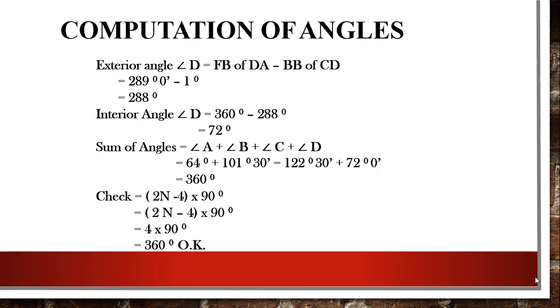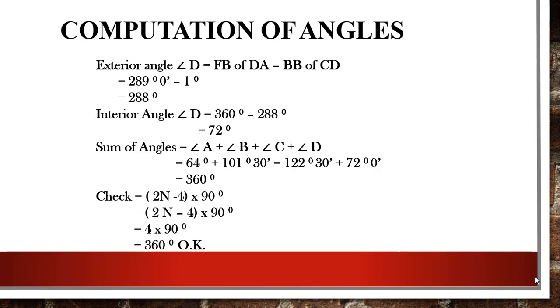Okay. Now you have to sum all the angles, that is angle A, angle B, angle C and angle D, and the sum which is obtained should be equivalent to (2n minus 4) into 90 degrees. This is the check you have to apply while dealing with the traverse, right? So the check is (2n minus 4) into 90 degrees. So here in this case there are 4 sides of the traverse, so you have to multiply 2 into 4 minus 4 into 90 degrees. So the result which is obtained is 360 degrees.